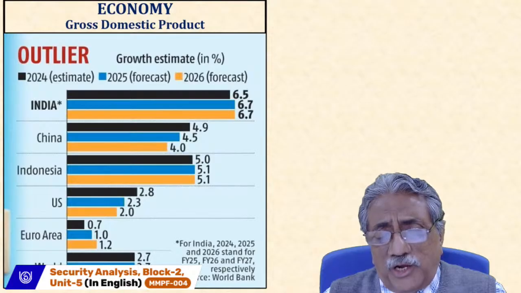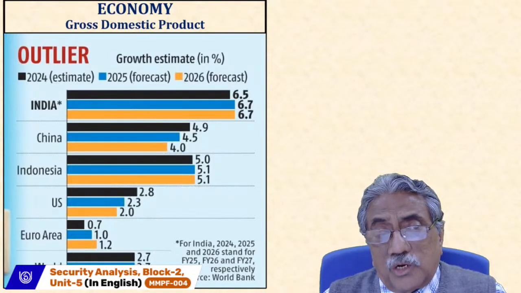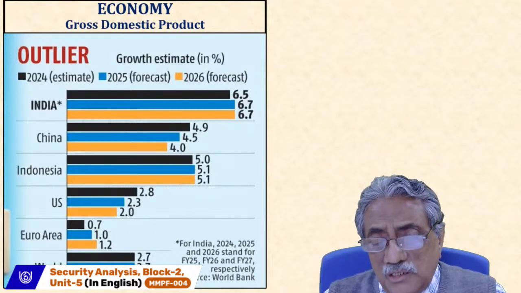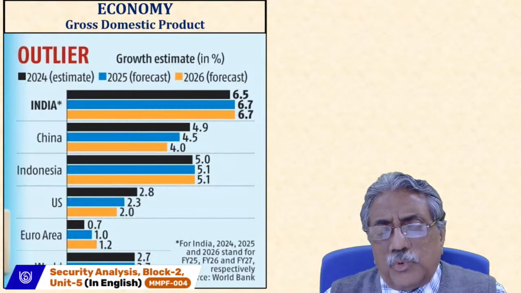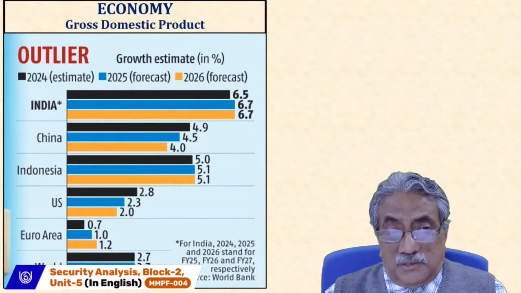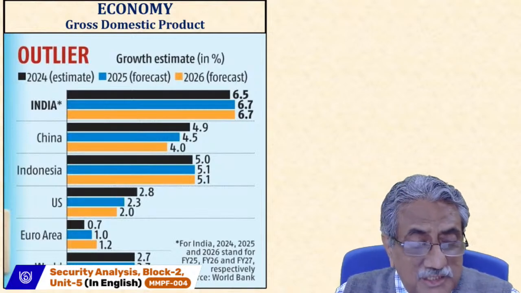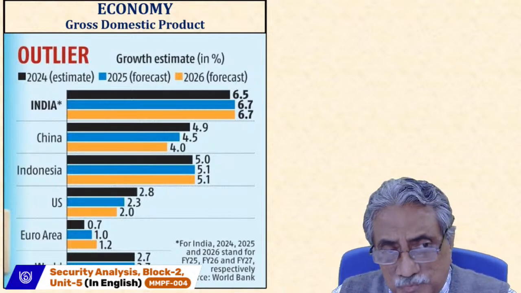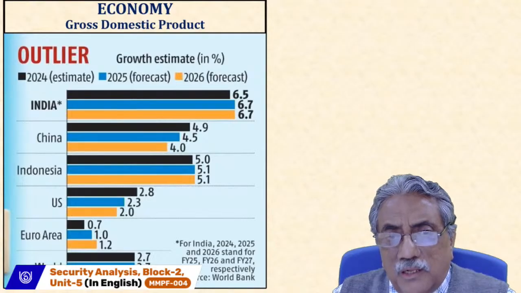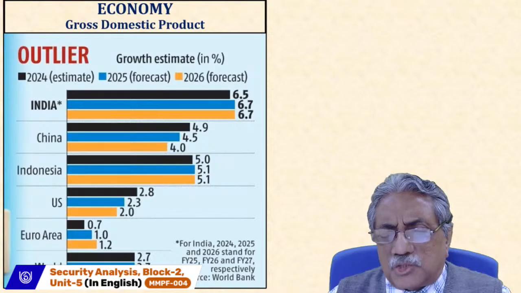So this is very important to note here that Indian GDP is now one of the outliers in the world, and we are doing well considering the other countries in the world. So the economy from the GDP front is quite sound. Okay, there may be some fall as of now. There are some last quarter we had